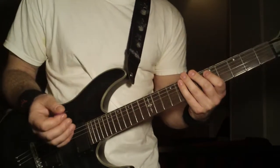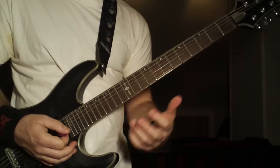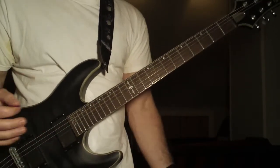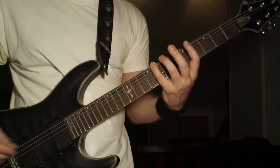Okay, we're done with that part. It's not easy to play fast or slow, just because I'm used to playing it fast and then I have to slow it down. So from there, it goes into the chorus. And your last note is 7, 6, 5 on the 8th fret, and then...